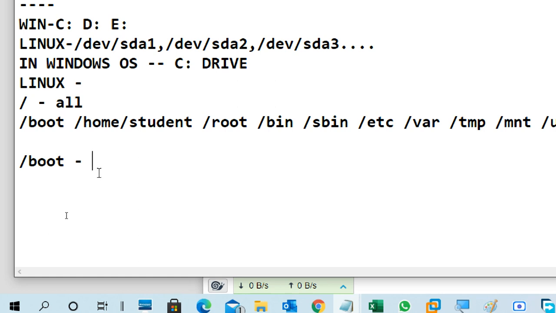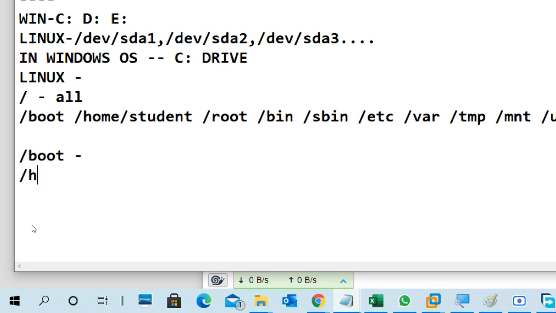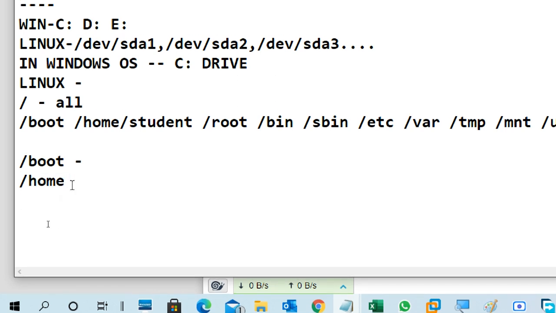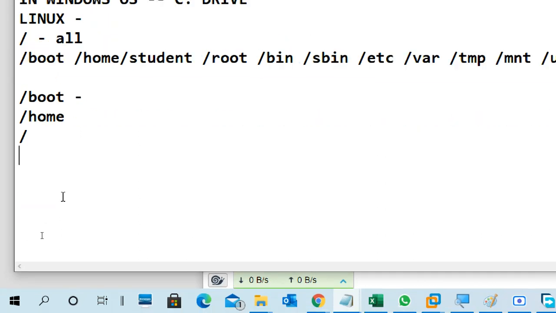So if you get any issues, you can easily replace or repair partition-wise. /home, all user data is stored in /home. Then a single slash means all other files.